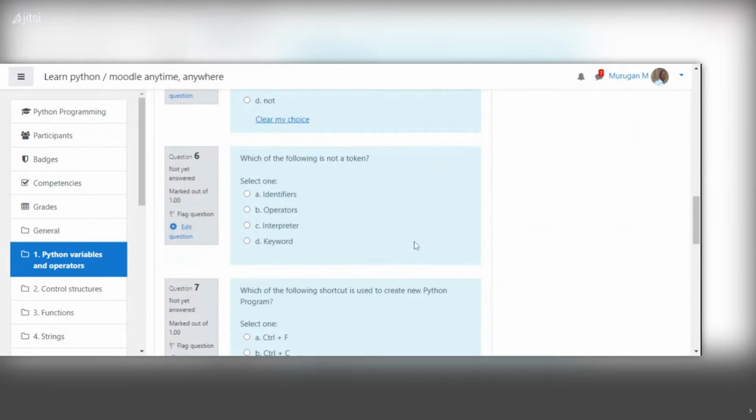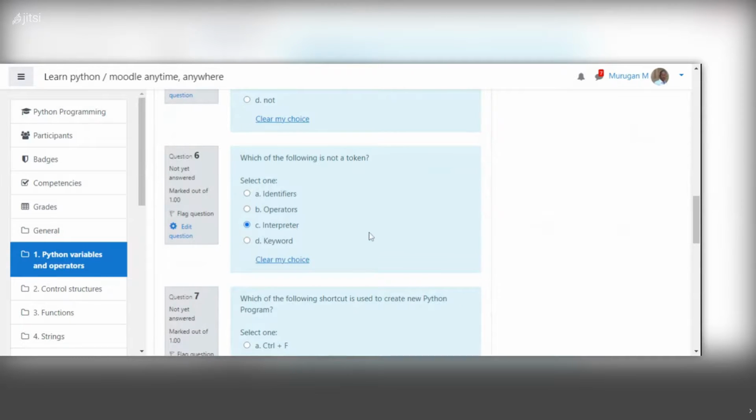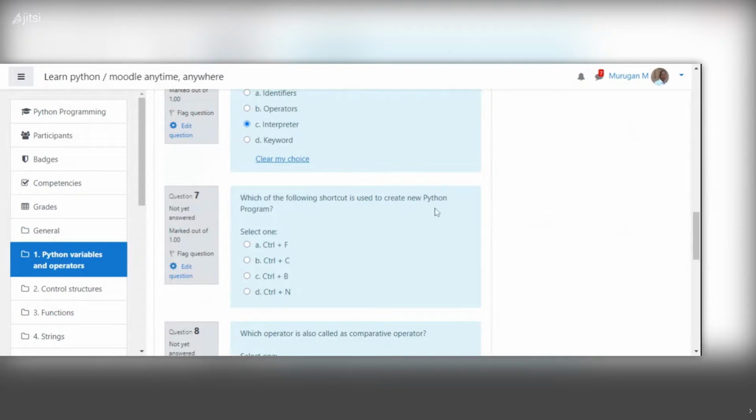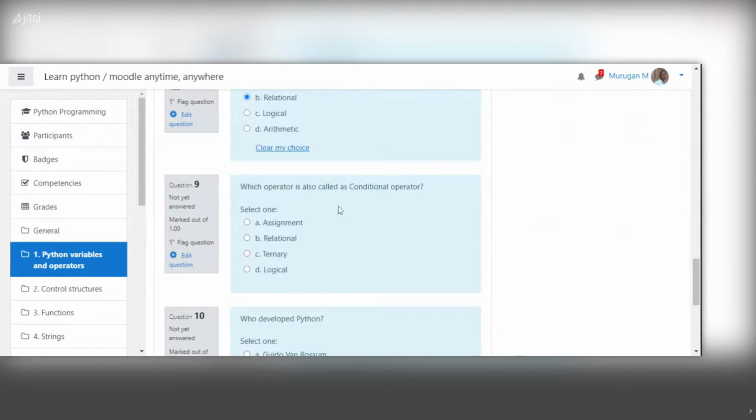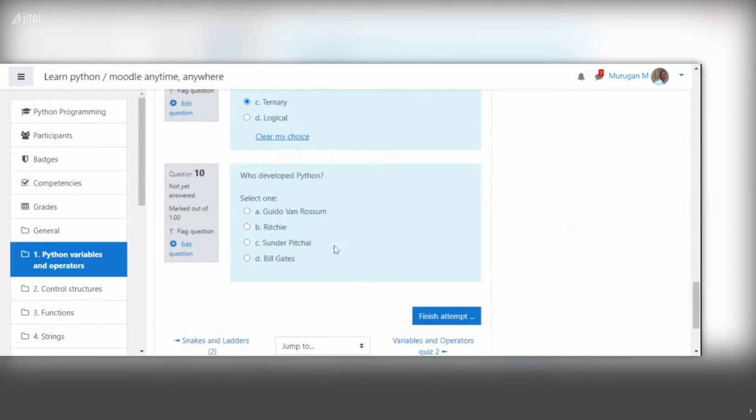Assignment. Which of the following is not a token? Which of the following shortcuts is used to create a Python program? Control N. Which operator is also called the comparative operator? Which operator is also called the conditional operator? Ternary. Who developed Python? Here, intentionally, I choose the wrong answer.